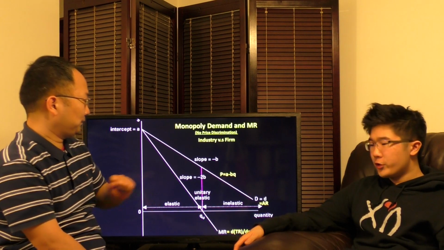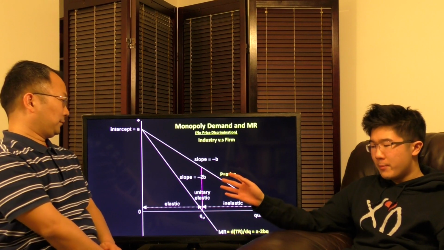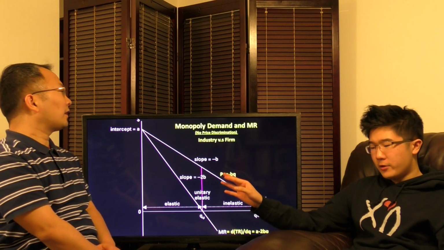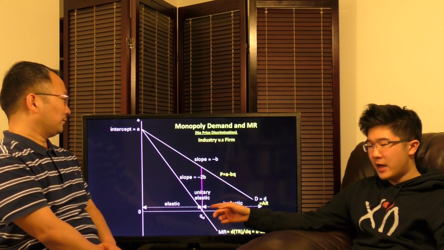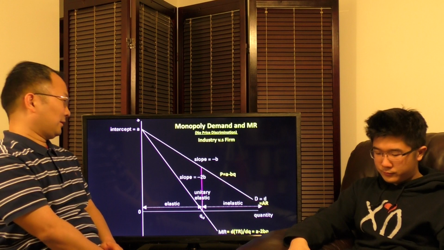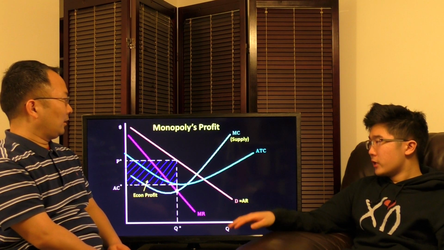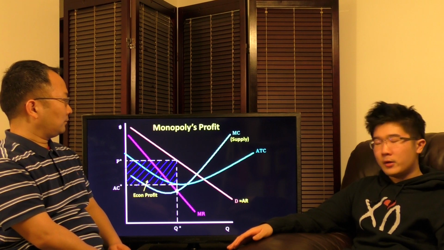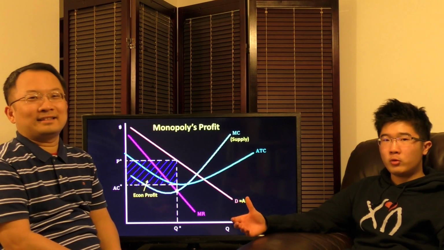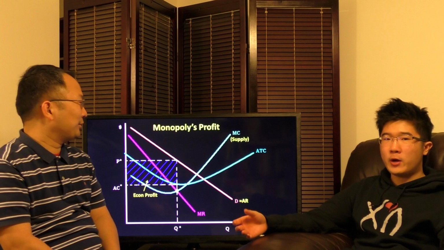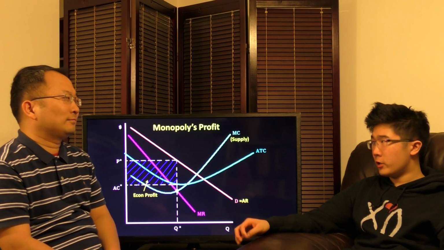So basically, right before demand becomes relatively inelastic, your marginal revenue hits 0, and then after that it becomes negative. Yes. Okay, which makes sense. Yes. So for monopolies' profit: a perfectly competitive firm, we learned, makes normal economic profit in the long run. They make zero economic profit in the long run. Yeah. A monopoly is different.